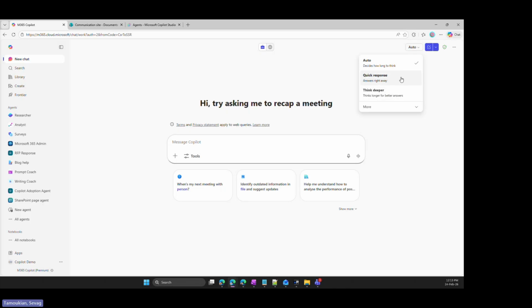The reason I'm showing you this is sometimes these small choices or options get missed while using Copilot, and this has a big effect on the outcome that I want. So, for example, if I'm going to ask Copilot a simple question about how is the weather, but I want it to go into a deeper analysis of why the weather is hot today in Sydney, I might ask it to think deeper, and then give it a better prompt where, hey, go and research and find out what happened with the weather and explain why it's hotter than usual today.